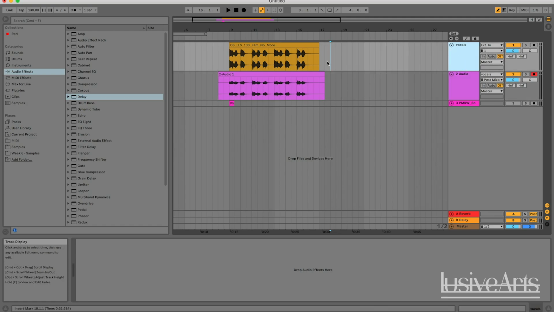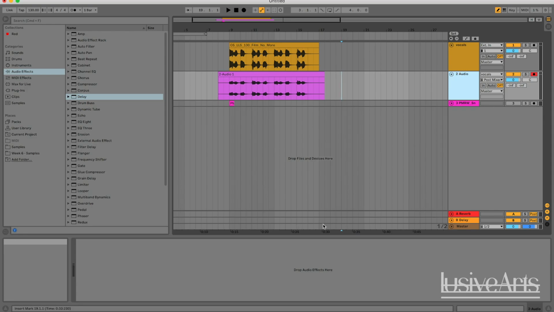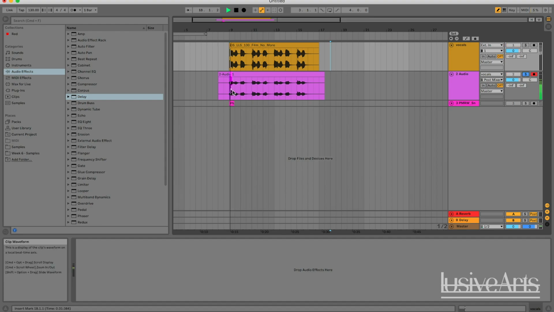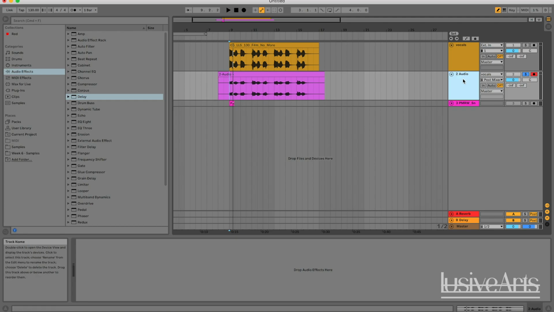That way, if you want to go back to the original sound, instead of having to turn off all the audio effects and possibly losing what you had, you can just bake it out into a new audio track, keep what you had there, and then go back to your original sound if you still wanted to work on that and twist it in another way. This way you can come up with multiple versions from the same sound, and you might actually want to come in and reprocess this. So now that we've got this as our new base,